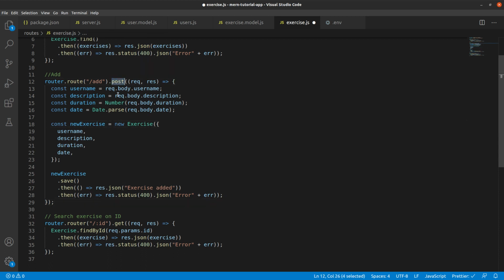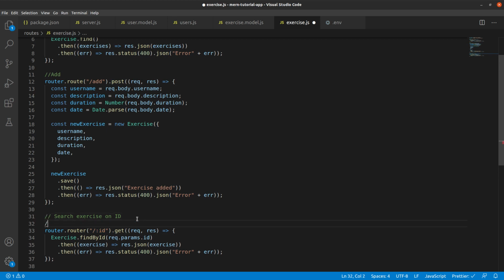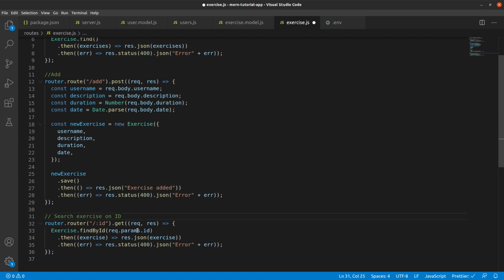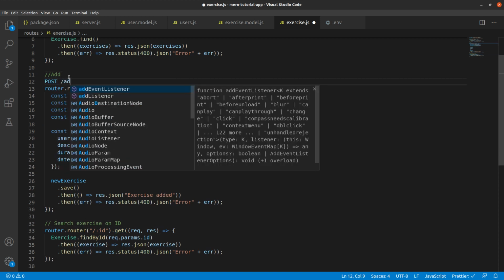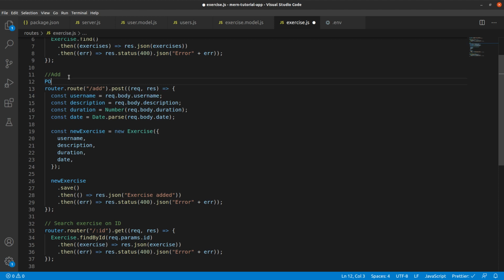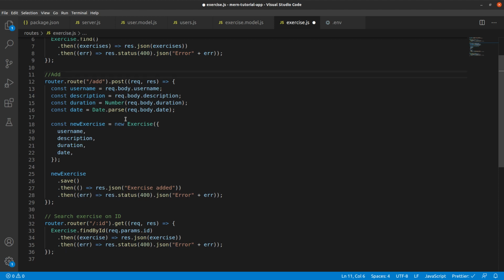Add accepts only post, and anything to do with a get after the URL, like one or maybe a, translates to this particular API. You do a get request like this, and it translates to this API. And here you're actually doing a post. That's how the requests are getting diverted to different methods.